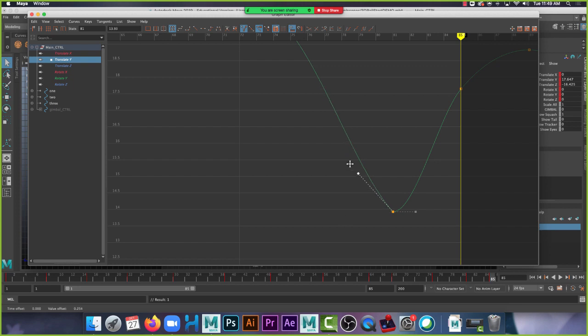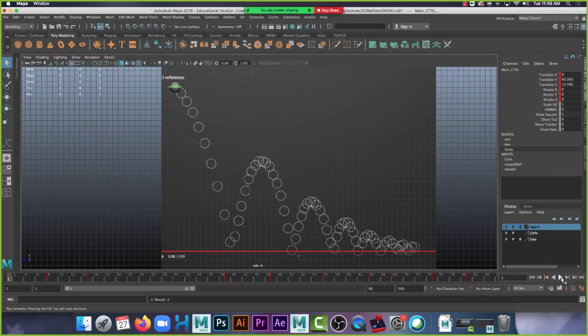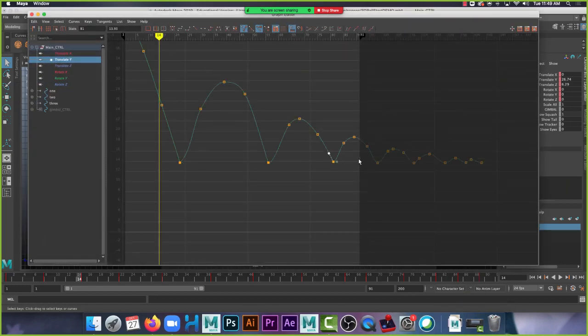And now I can do the same thing. On this side, it should linearly accelerate into this point. On this side, just leave it alone. Oh, you know what? I need to extend this. Okay, cool. So again, you would continue that, finish up these bounces going out here so that you get that